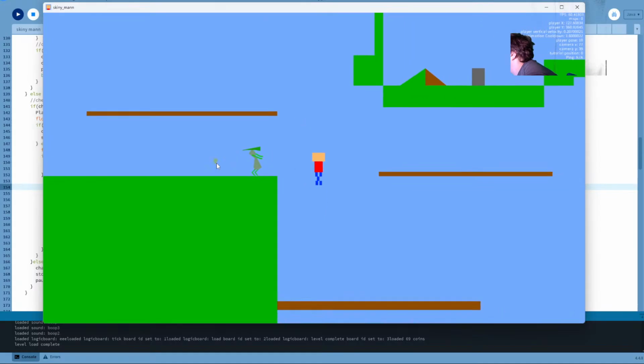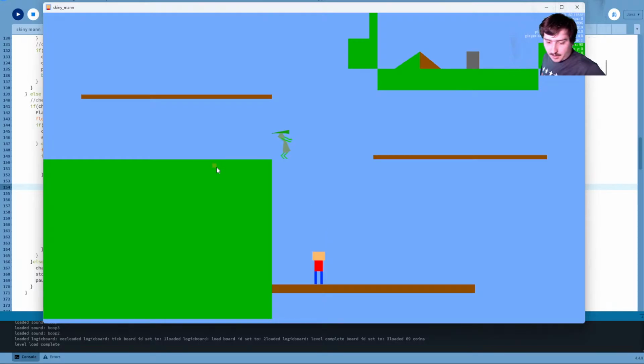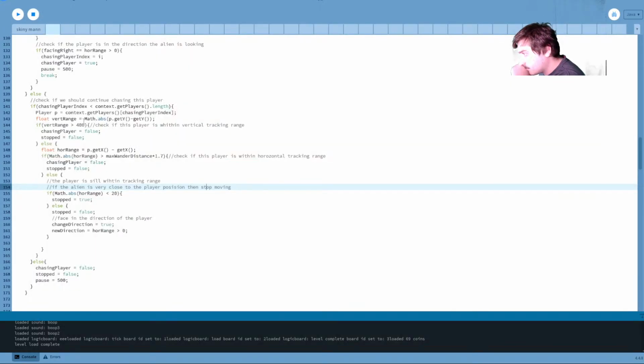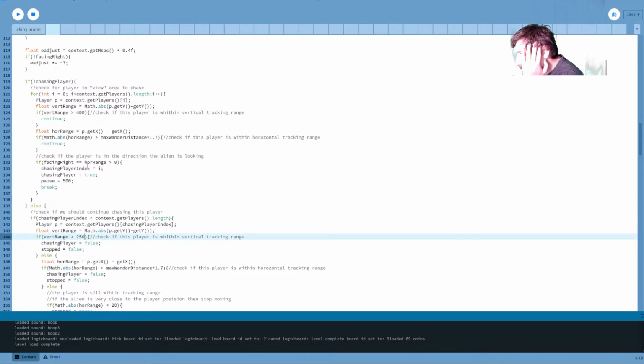Oh, 339 to 629. So 629 minus 339. Okay, that's like 290. What? Wow, okay. We'll say 250 to be the vertical range then, because damn. That is way more than I was expecting. But hey, that's what we do here.